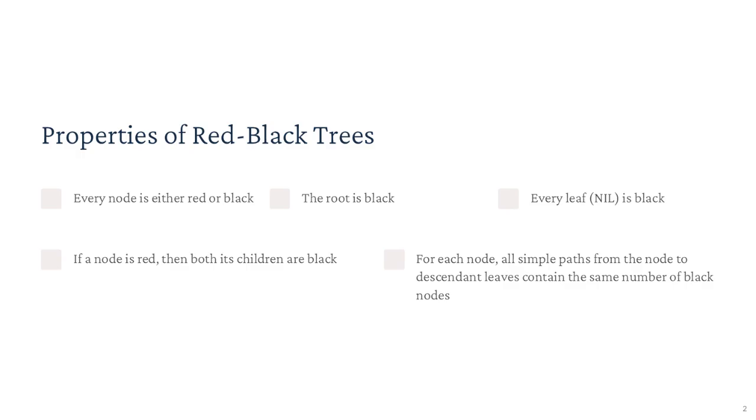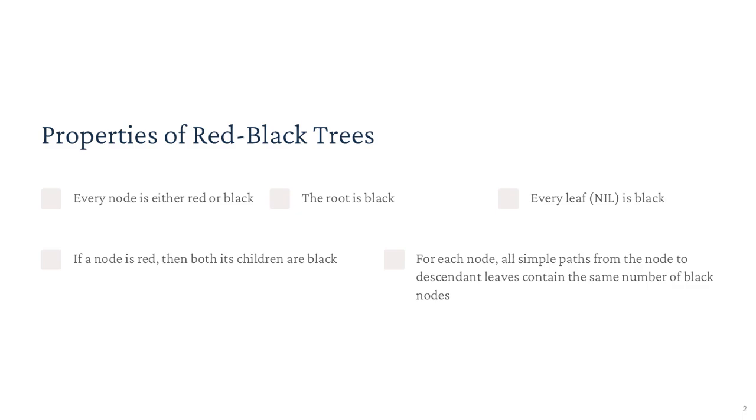The efficiency of red-black trees is ensured by 5 key properties. First, every node in the tree is either red or black, a foundational rule for enforcing balance. Second, the root node is always black, which provides stability and consistency in the tree structure. Third, every leaf node, represented by nil, is black, simplifying algorithms and edge cases during operations. The fourth property states that no red node can have a red child, preventing consecutive red nodes and ensuring even